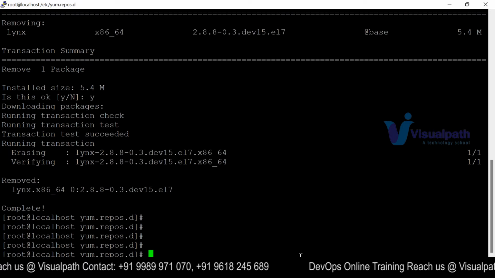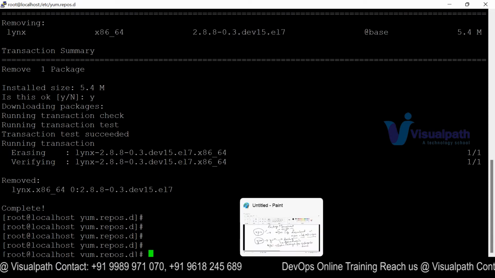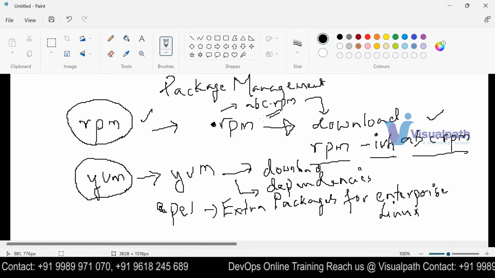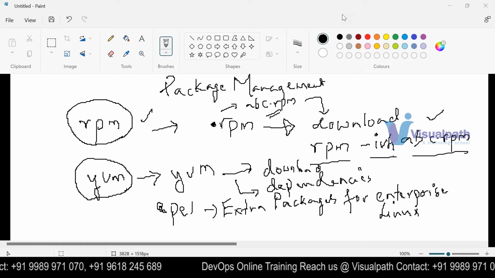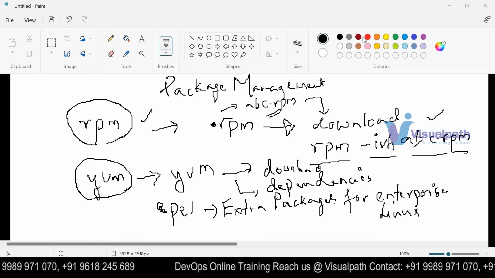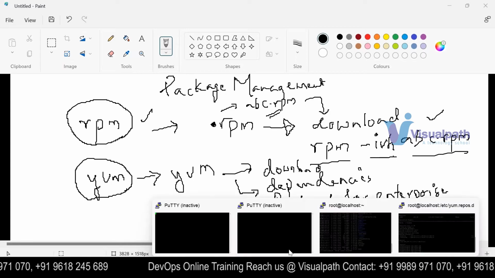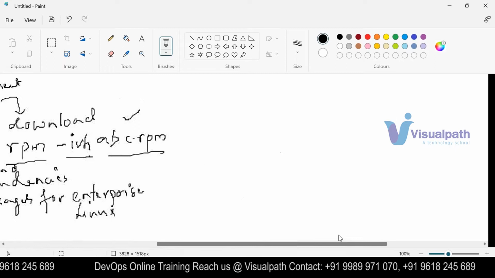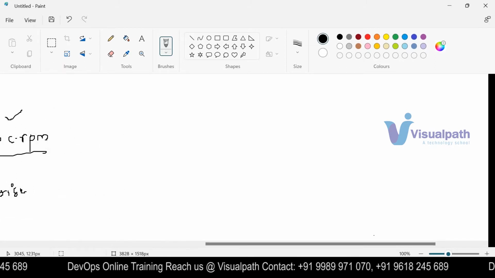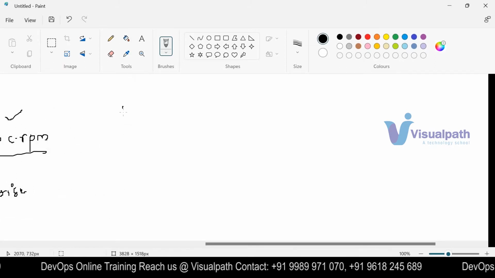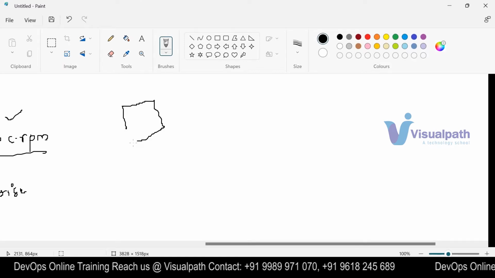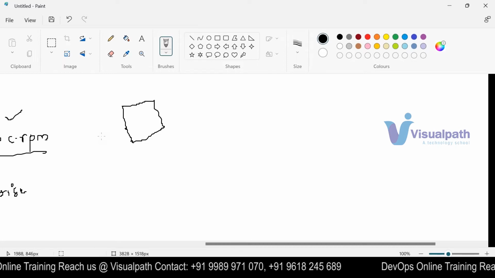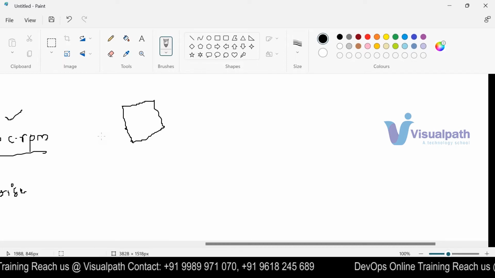So this is the second thing I want you guys to practice a little bit: package management. See, the next thing is, if this is your VM, or this is your physical machine, any machine or, for that matter, any kind of device you take,